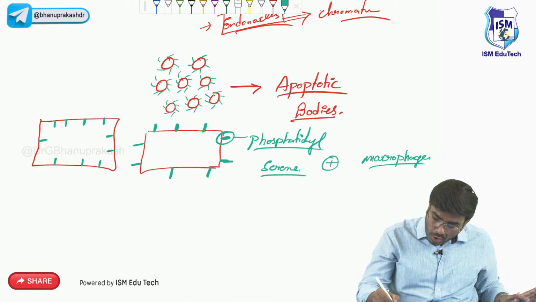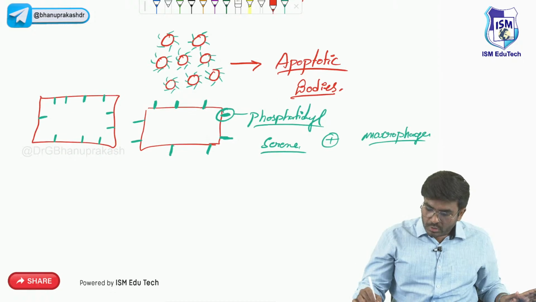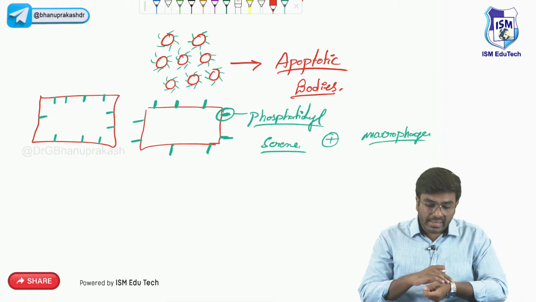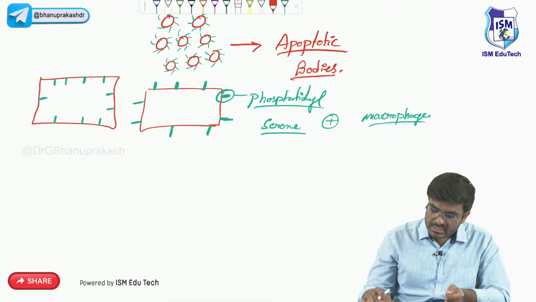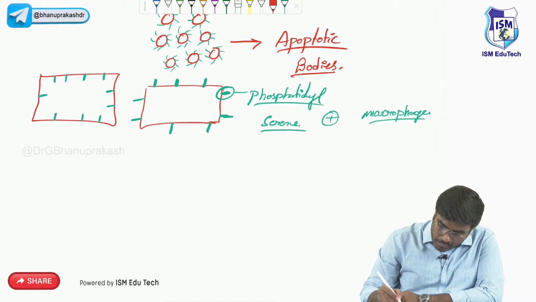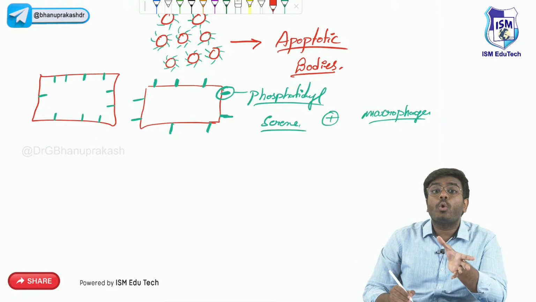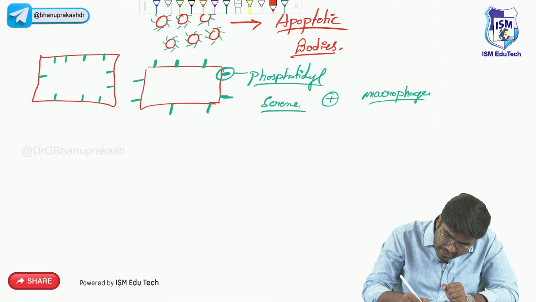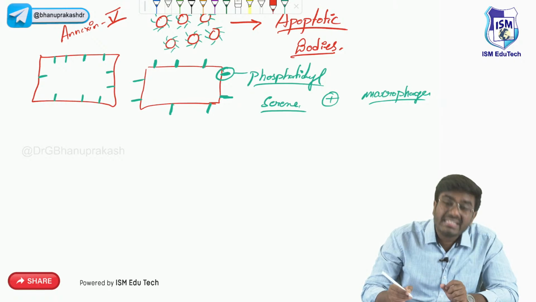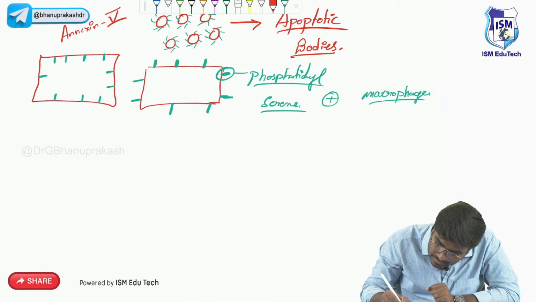Yes, Nagesh, you are right. What exactly is this annexin 5? Annexin 5 staging, it's not a staging, it's a staining. Annexin 5 is a staining process. Normally, if you want to know which cells are undergoing apoptosis, you can put a stain called annexin 5. Annexin 5 is a stain. It will come and bind with